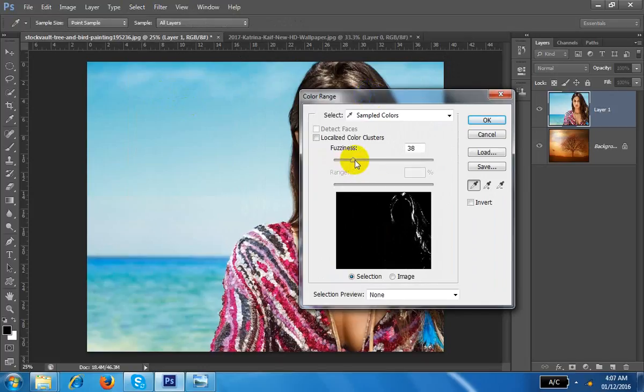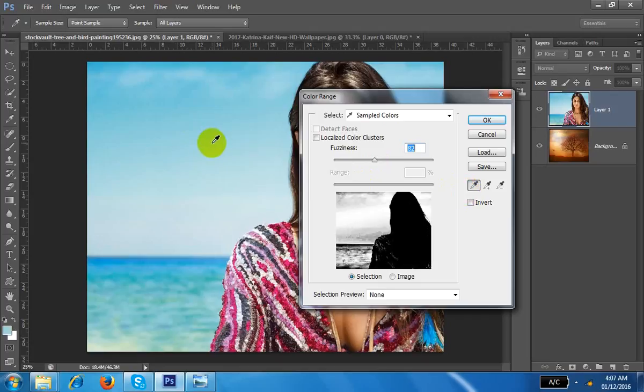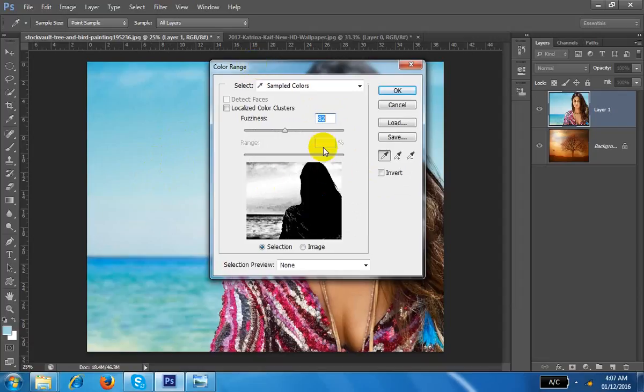After this, a window will come like this one. You can increase the size, or suppose I click there on this portion. I want to select this portion. So click on this portion and increase it a little bit. And also select this portion, this color. So this color is also selected. But what happened? There is one blue color in the dress also. So what does the computer understand? Okay, I have to select all the blue color because I clicked on the blue color. So it will select like this. You have to manage this as much as possible.